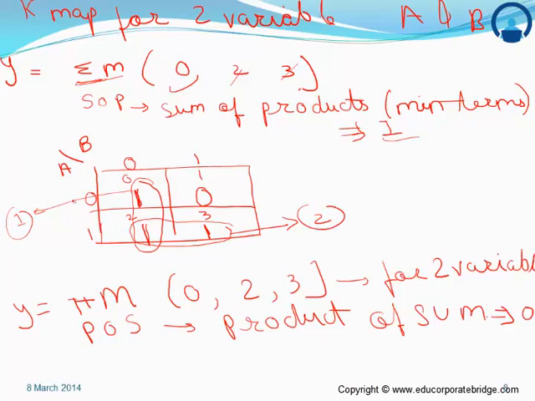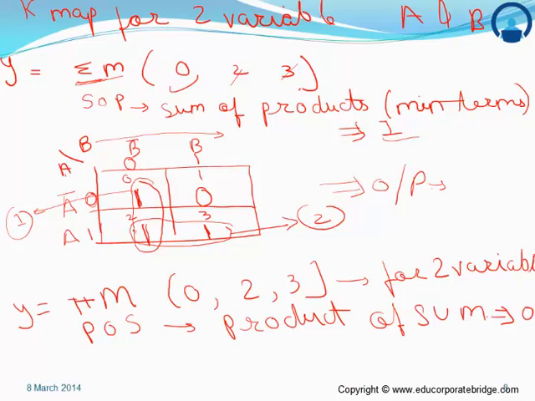Okay, so A represents, since this is 0, and this is here A, so it is A bar. 0 is always represented as bar and 1 is represented as A. Similarly, this section is for B, so 0 represents B bar, 1 represents B. So the output for this equation will be